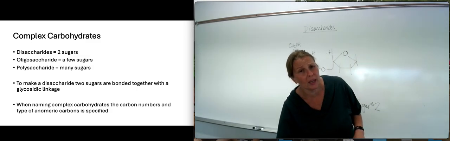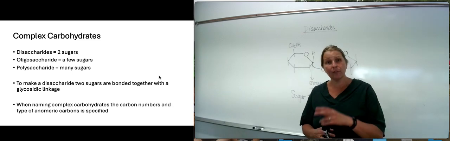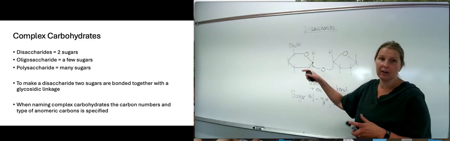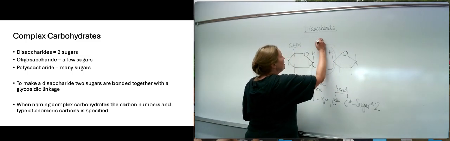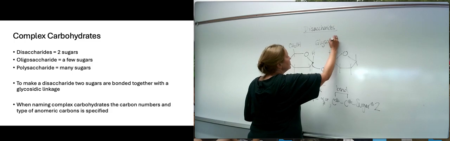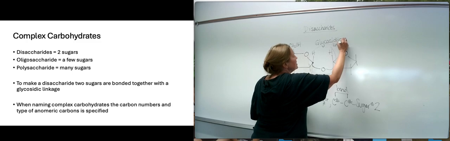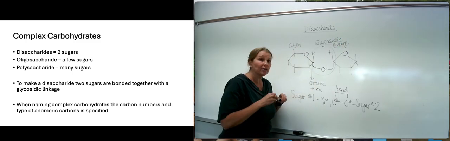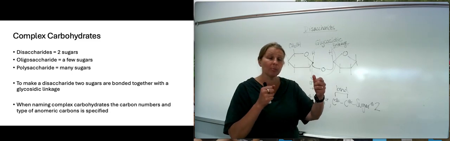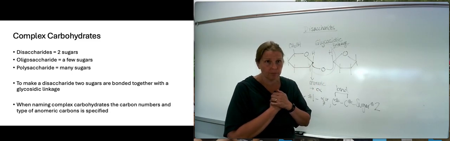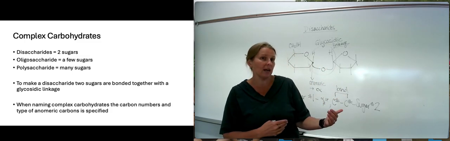So just a couple quick pieces of nomenclature. Disaccharides, di for two, so you have two sugars that are linked together. This linkage between the two sugars here, this is what we call a glycosidic linkage. Oops, that's a C, not an S. With this glycosidic linkage, you have to distinguish whether it is alpha or beta, and you have to tell what carbon numbers in those sugars it is connected to. That's how we distinguish what type of linkage we have,